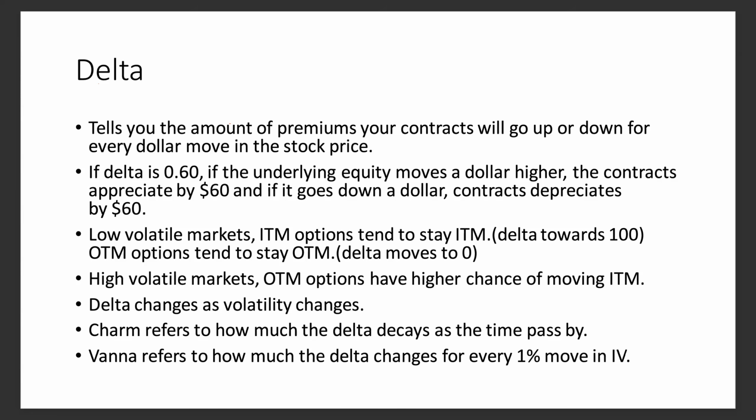has its own delta, which means before you click on the buy button, you've got to understand how much money you will be making for every dollar move in the underlying stock price. So if SPY goes from 482 to 483, how much higher is your contract going to go? Or let's say SPY goes from 482 to 481, how much lower is your contract going to go? That's what the delta tells you. Delta tells you the amount of money you will be making or losing for every dollar move in the underlying